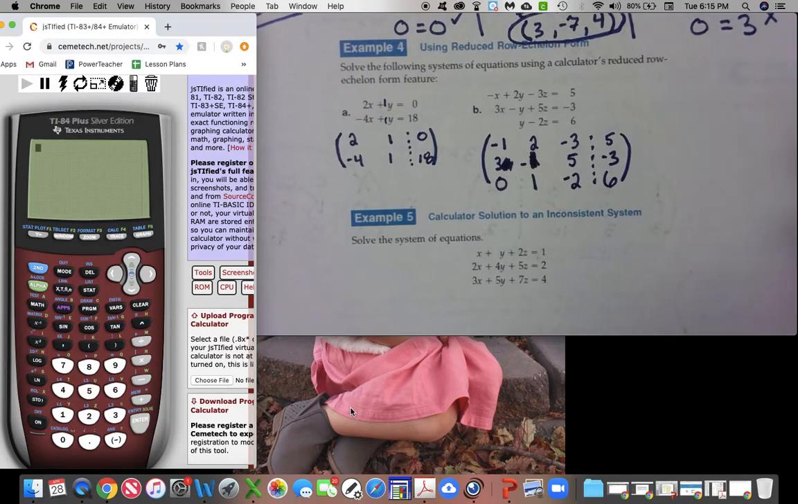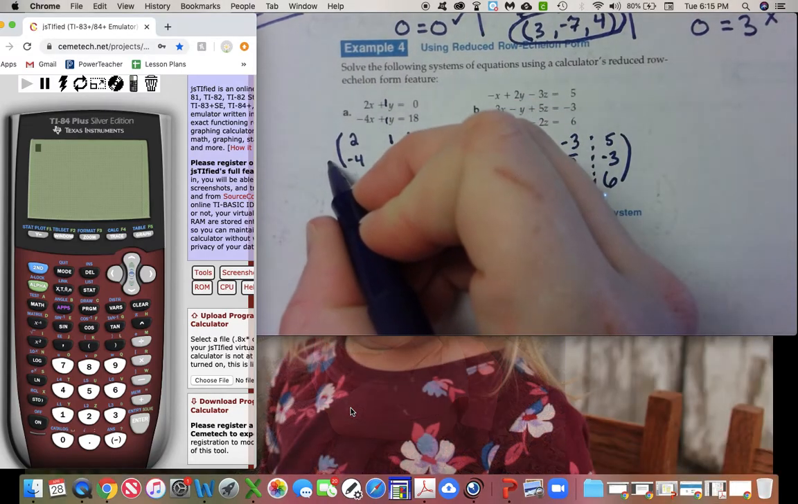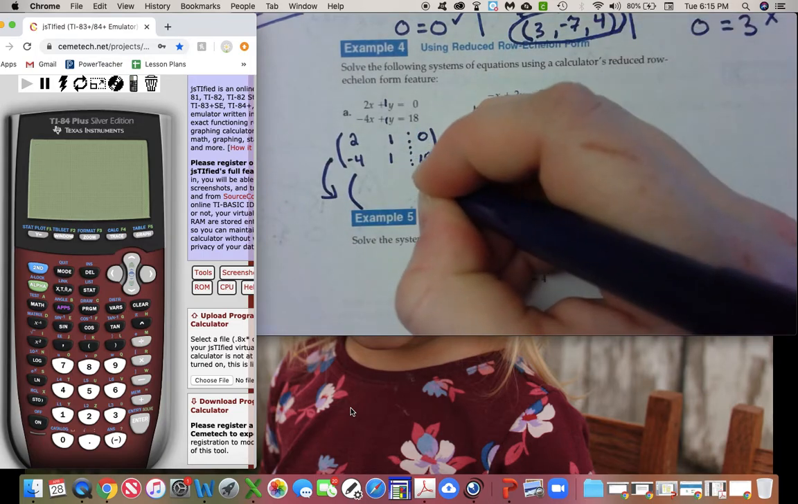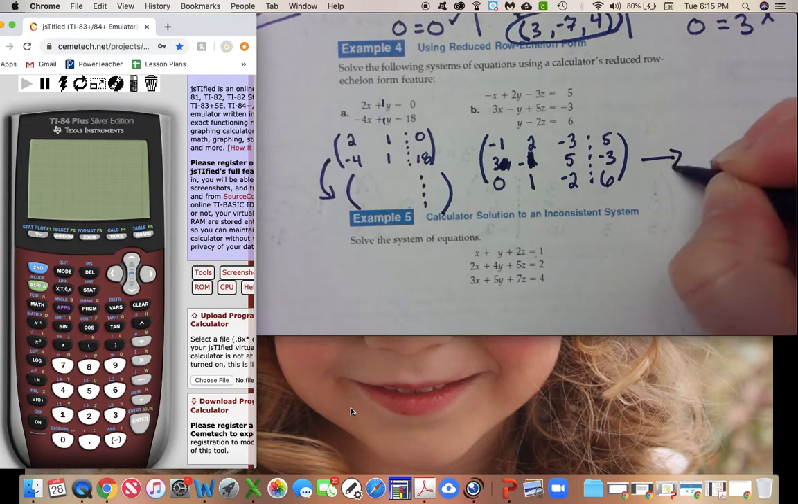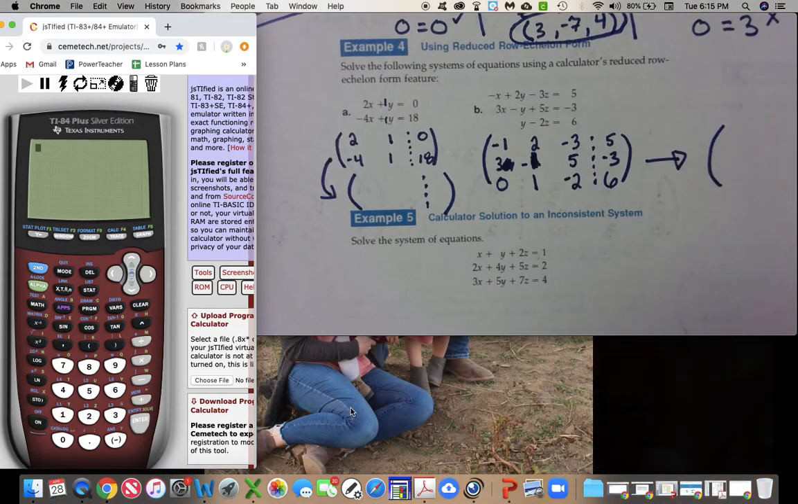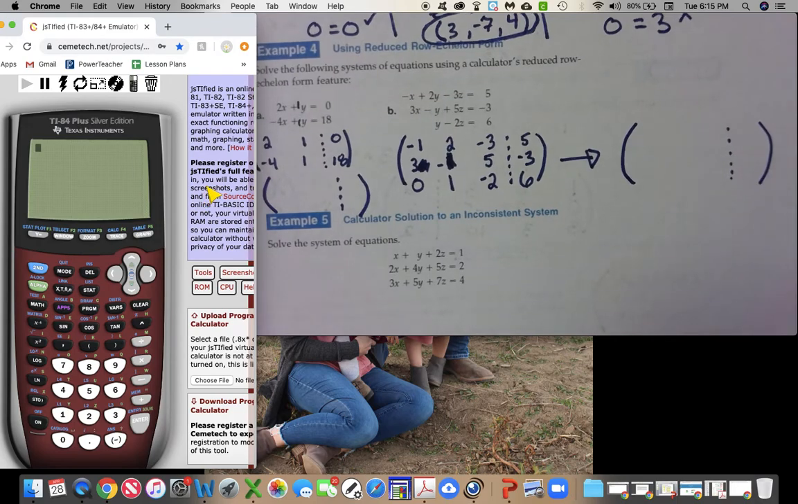Okay, so I'm going to input this into the calculator, and it's going to reduce it for me. So we'll get that ready to go. Input this one into the calculator. It's going to reduce it for me, and we'll see what those look like. Okay, so here's how we're going to do this. This first one,